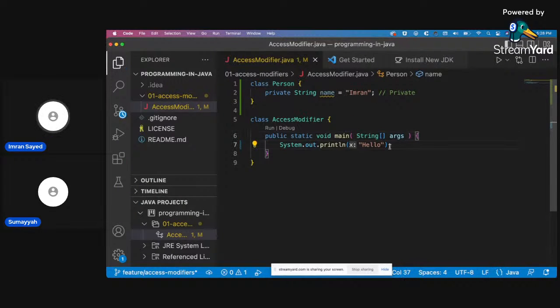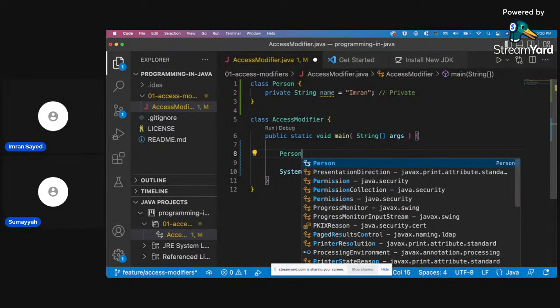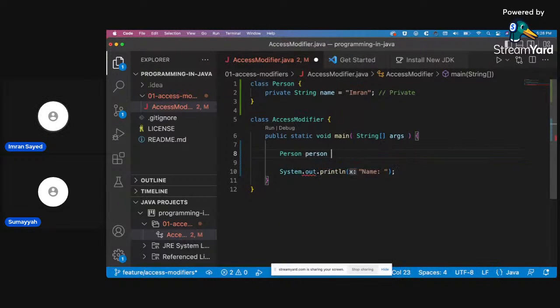If I access it here, I'll get an error. So if I say name, I have to instantiate this class first, I guess. Person equals new Person.